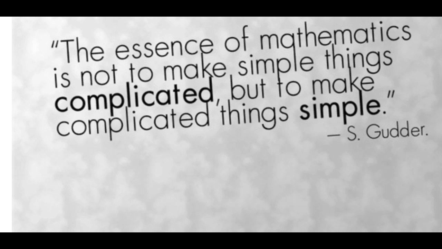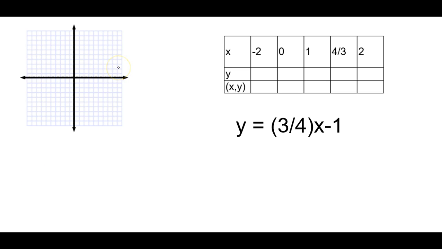Alright, I want to go over some of the problems from page 21. The first one I'm going to look at is number 16, and it's asking you to complete this chart and then sketch a graph that goes through the points that you're able to come up with. So the first thing I'm going to do is substitute negative 2 in for x, and I get y is